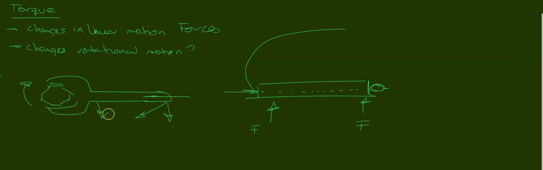So there are a lot of elements at play here. As we can see, the distance from the pivot of rotation to where you apply the force is important. The magnitude of the force: you won't get the same amount of torque if you apply a big force or a small force. Also, you won't tighten the bolt if the force goes in the opposite direction. The angle also plays a role. So there are many things at play every time you want to do something as simple as opening a door